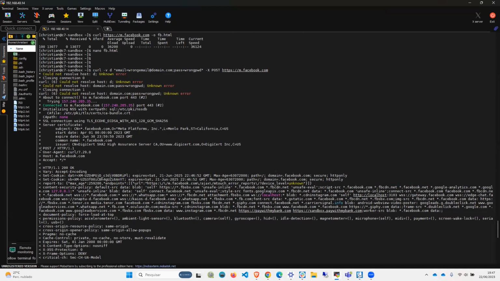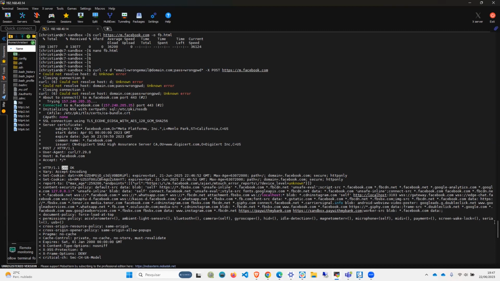You see that the POST method was used, HTTP version 1.1, and the response was OK. It means that the username and password were sent with success, but since I put a wrong email and password,